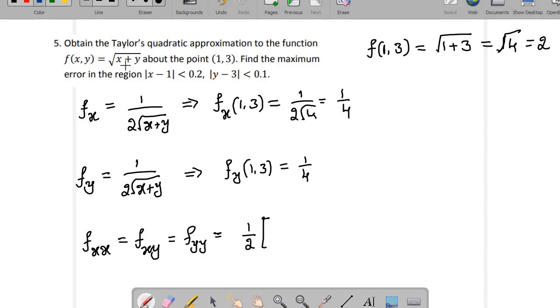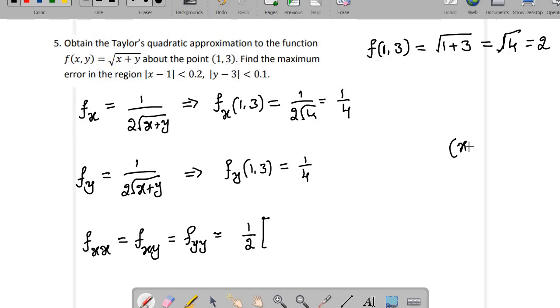And the advantage with this function is it is actually symmetric about x and y. If you replace x with y and y with x, you'll get the same function. So in that case we have an advantage. fx and fy both will be equal. And not only that, all second order partial derivatives will be equal. If you have doubt, you verify. fxx, fxy, fyy all will be equal,